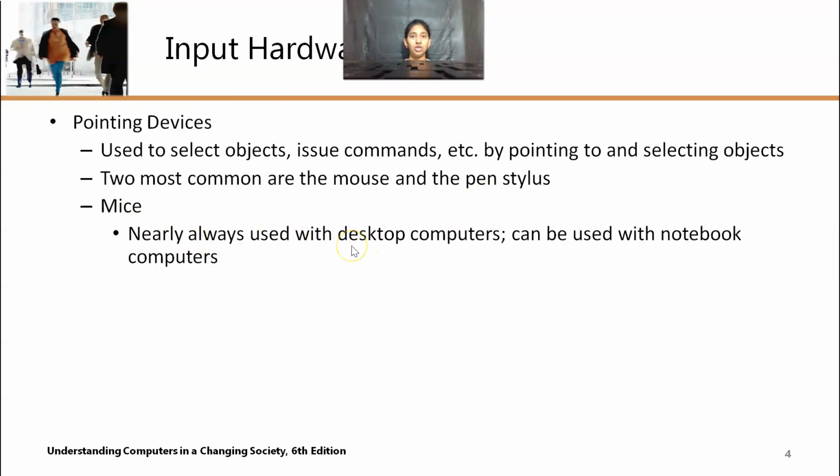Mouse is used with desktop computers and notebook computers. And mice will be placed on a flat surface, where when the mouse is moved, you can move the cursor. The movement of the cursor is tracked by the mice using light. If you see the mice, you can find the light at the bottom of the mice. It tracks the movement of the cursor. When I am moving my cursor around the display screen, it is actually tracked by the light at the bottom of the mice.